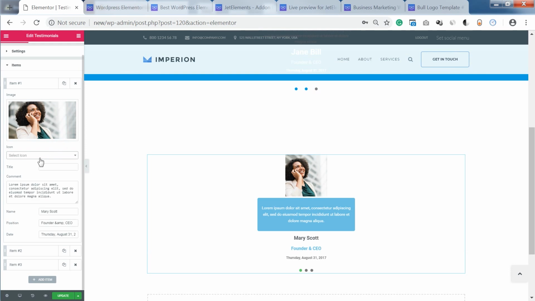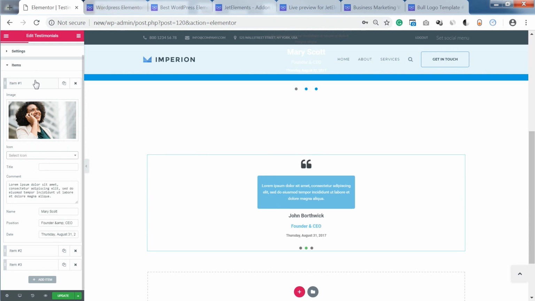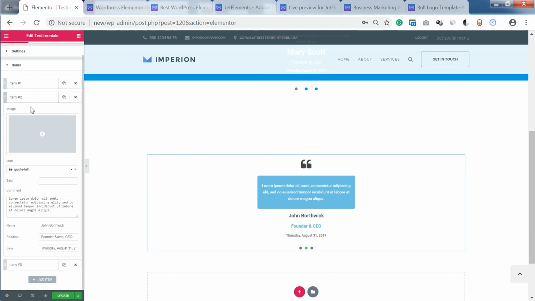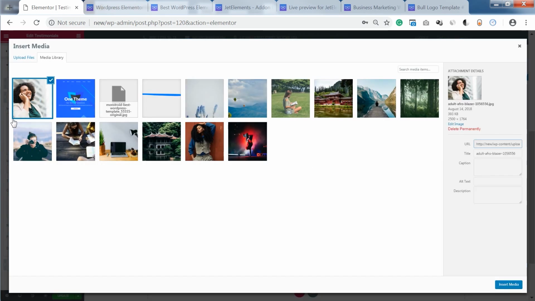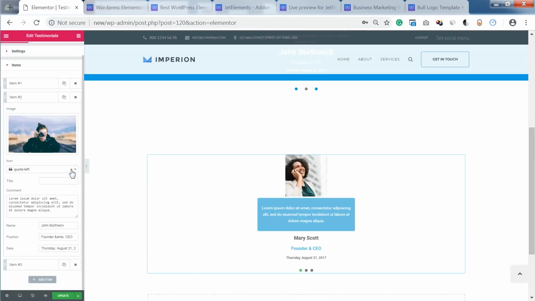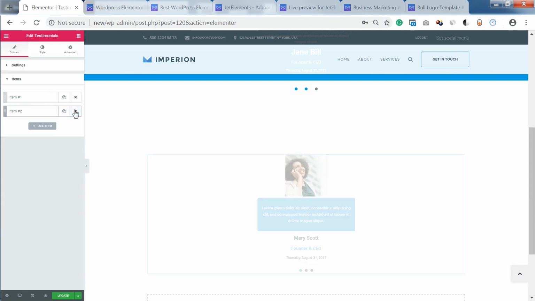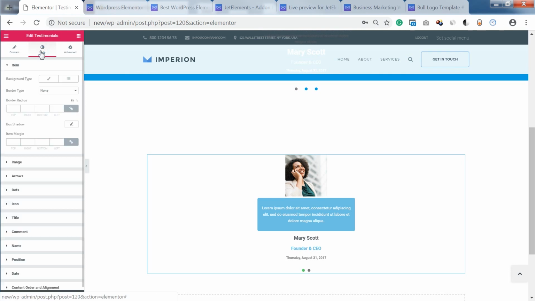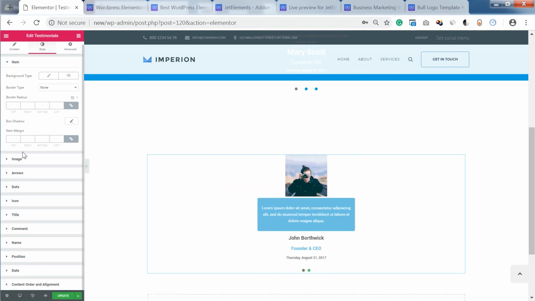You can add a title, comment, name, position, date. So here are the fields that you can fill in or leave empty if you wish. So let this be, let's go with just 2 items, and then go to the style tab where you have